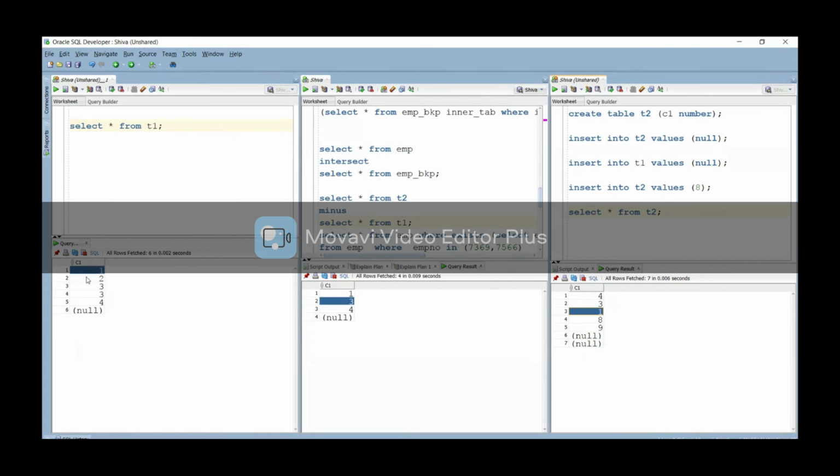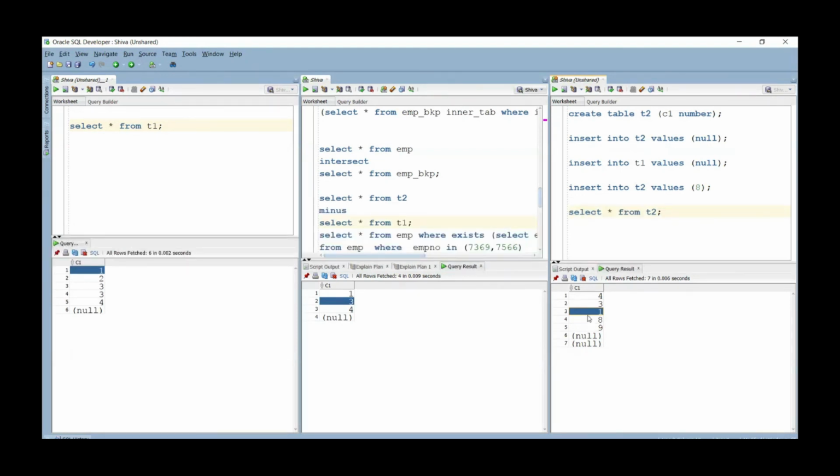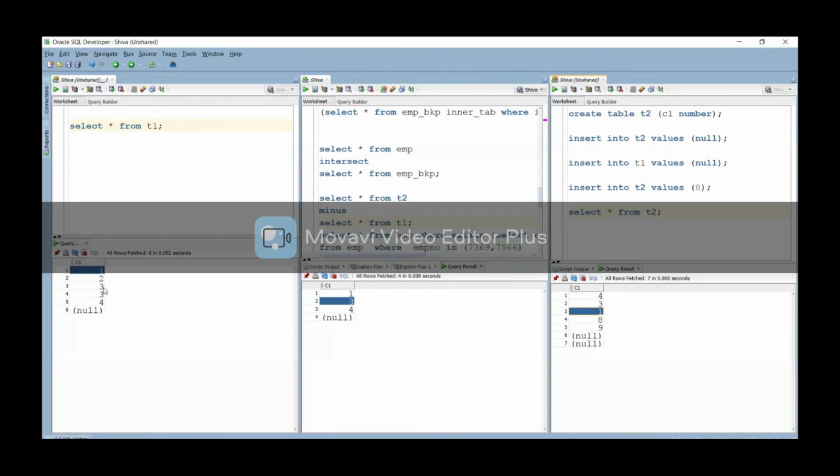See, 1 is present in this set, so it is going to be eliminated. 2 is not present, so it is not going to be eliminated, because whatever values are present in both T1 and T2, that value is going to be eliminated from the T2 set.